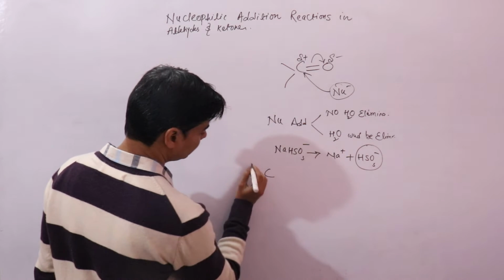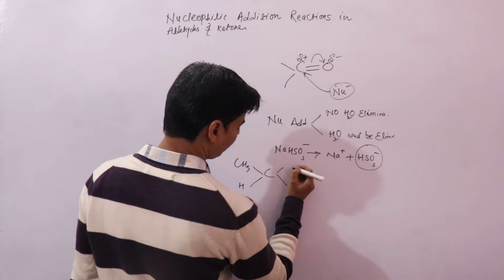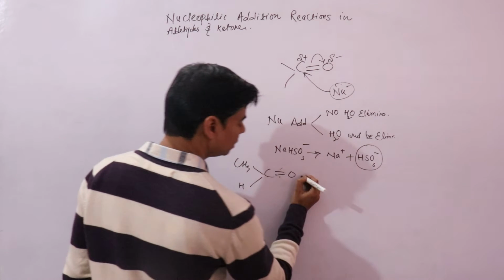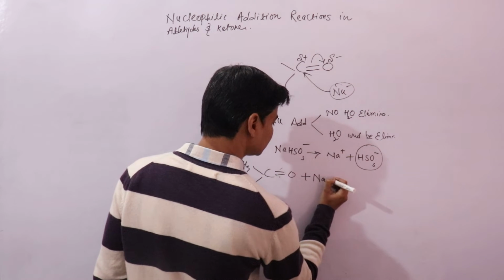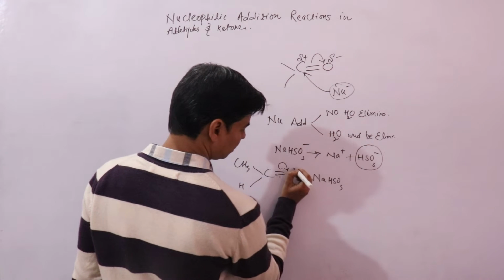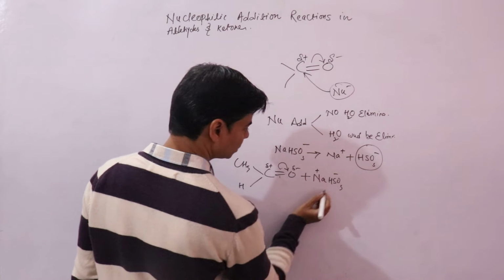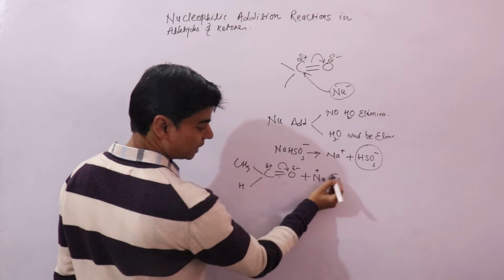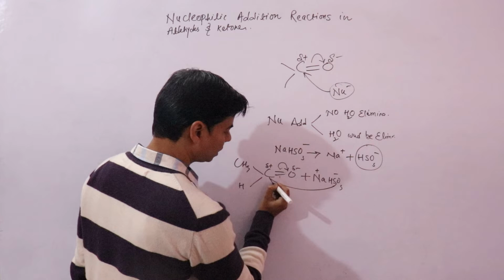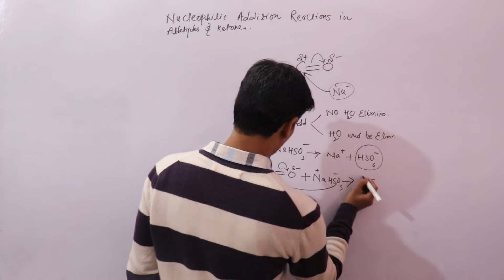So let's take the reaction of acetaldehyde with sodium bisulfite, NaHSO3. This is negative, this is positive. Since bisulfite is your nucleophile, it will attack at the carbonyl carbon to give you